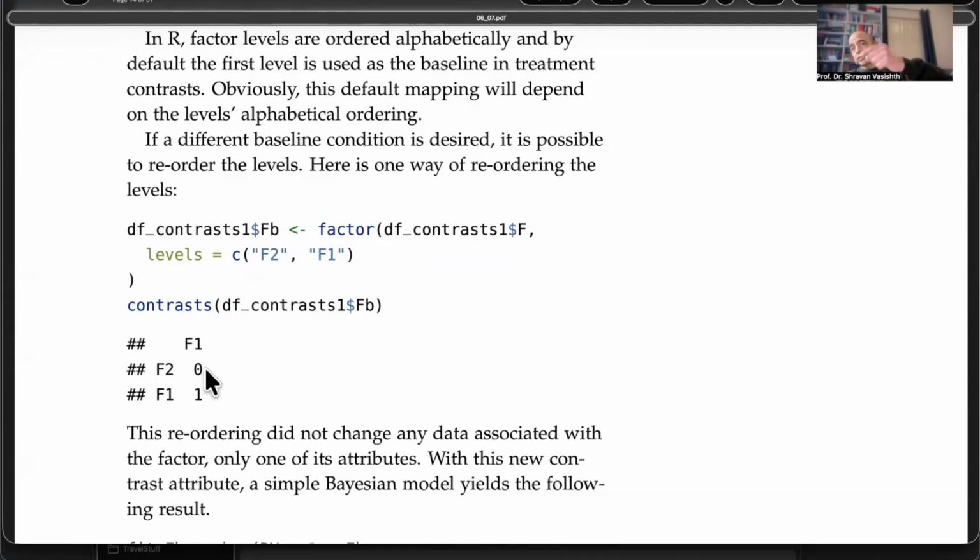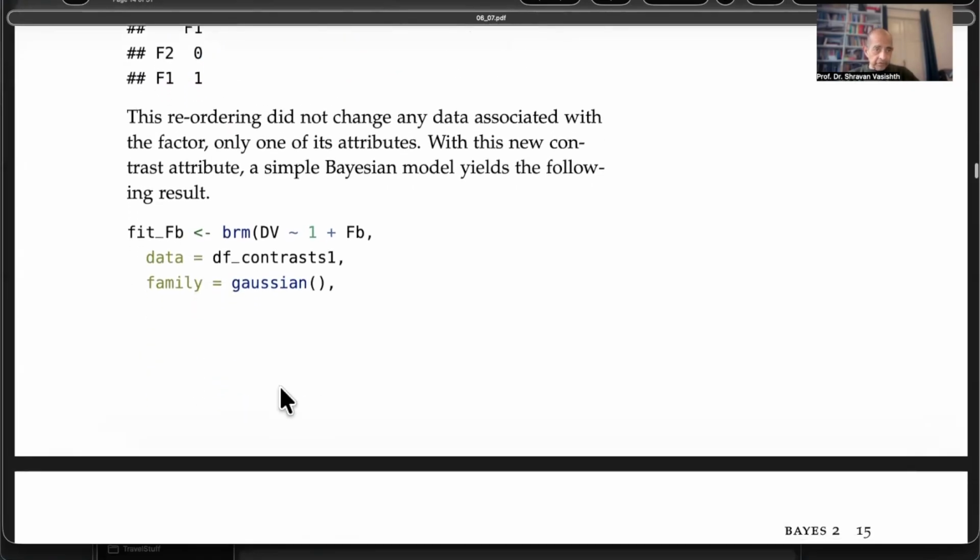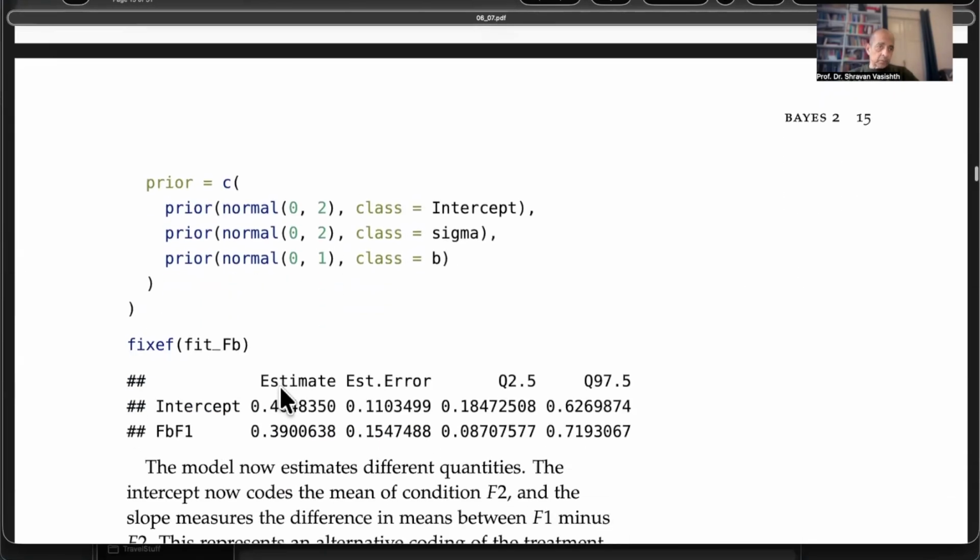What that will do is that the intercept will now represent the estimated mean of F2, and the slope will represent the estimated difference between F1 and F2, right? So it'll have a positive slope this time, not a negative slope, because F1 has a higher mean, right? So if I fit the model again with the reversed